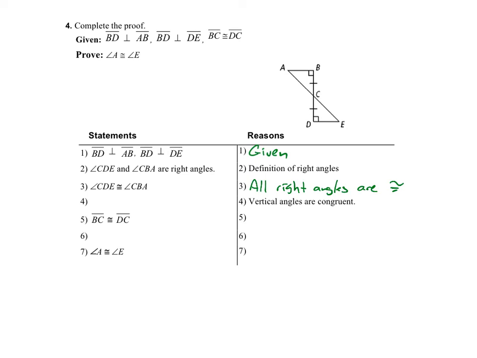By vertical angles congruent, I can prove that those two angles are congruent. So I can say that angle ACB is congruent to angle ECD. So BC is congruent to DC, that's given. Now I can prove that triangle ACB is congruent to triangle ECD by angle, side, angle. And on my last one, I can prove that angle A is congruent to E by